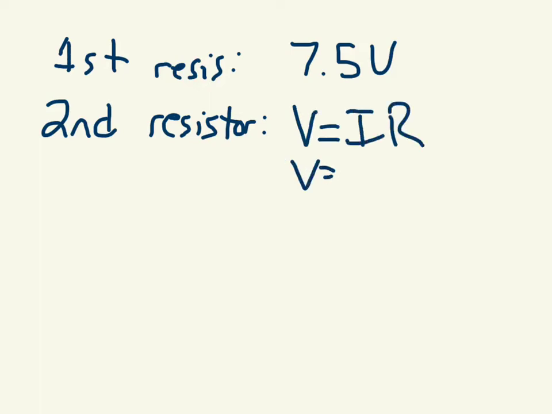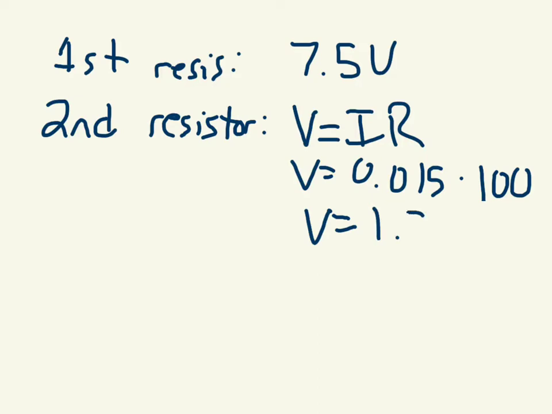We have no idea what the voltage is, but we remember that the whole circuit has a 15 milliamp current. And then we know that we had a 100 ohm resistance across that second resistor. So if we do that math in our head, then we get a number that I'm going to look up on a calculator. Hold on. Then we get 1.5 volts, which, for those of you that are clever enough, realize that, let's look at this,